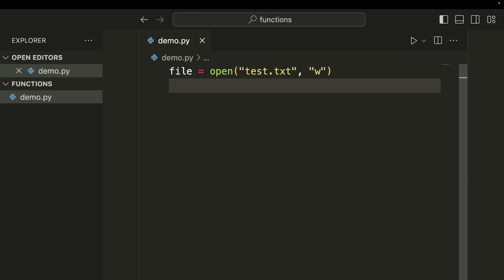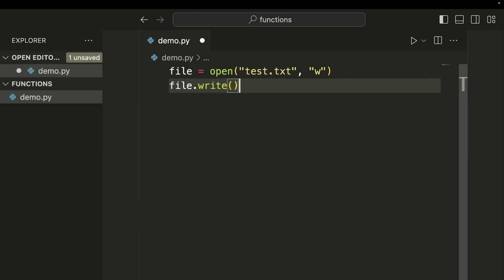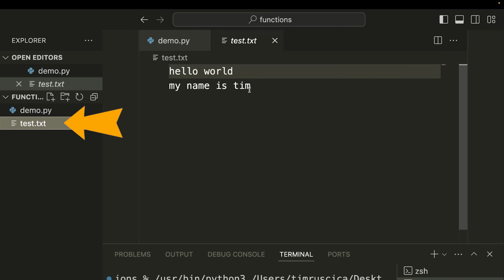So now we've opened our file. What we can do is write to it. So we can say file.write. And when we write, we can just write some string, so something like hello world. And if we want to move to the next line in the file, we need to make sure we use a backslash n, or a new line character, sorry. I can say hello world, my name is Tim, like that. So now if I run my code, you'll see that a new file is created and we have hello world,